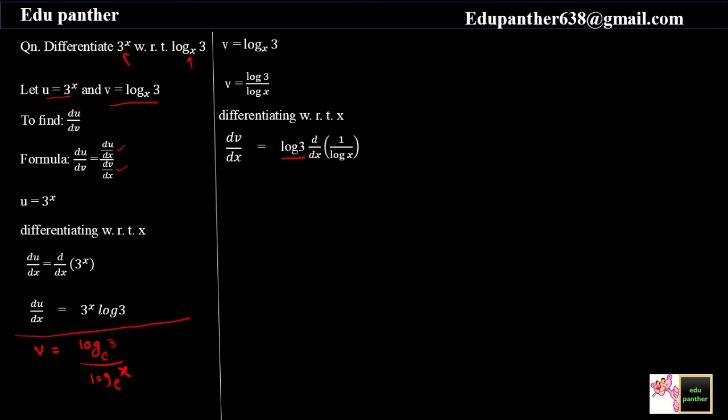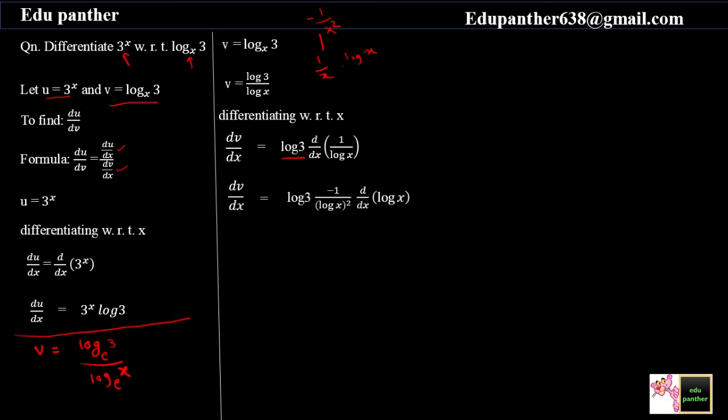And comment whether you have got your answer correctly or not. Okay, as we have calculated the derivative of 1 by log x, let's see whether we have got the correct answer or not. As you can notice here, it is a composite of two types of function. One is 1 by x and another is log x. So what is the derivative of 1 by x? It's minus 1 by x square.